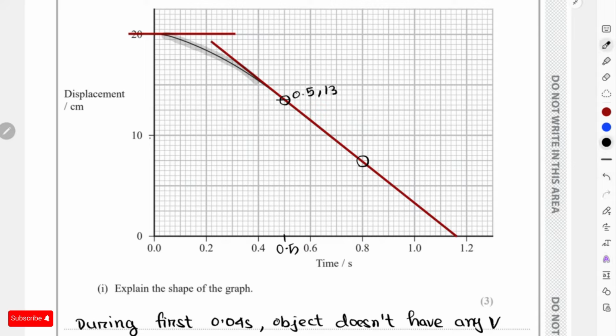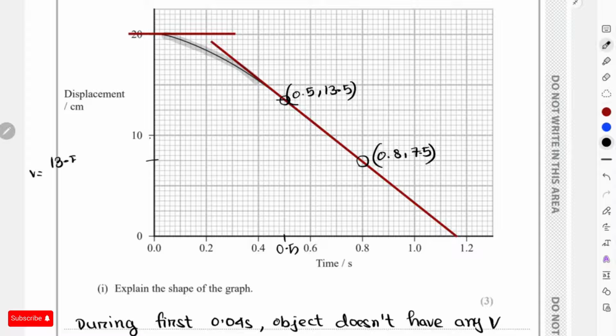0.5 with 13.5, and then again over here if you calculate, this is 0.8, and this is 7.5, so 0.8 and 7.5. So again, if I have to find out the delta y by delta x, that will be like change in y over change in x. So from gradient you can find out the terminal velocity value. So I'll just write v is equals to, I'll use this working in the lower portions, but as I have data over here, so just calculate it over here. So you get